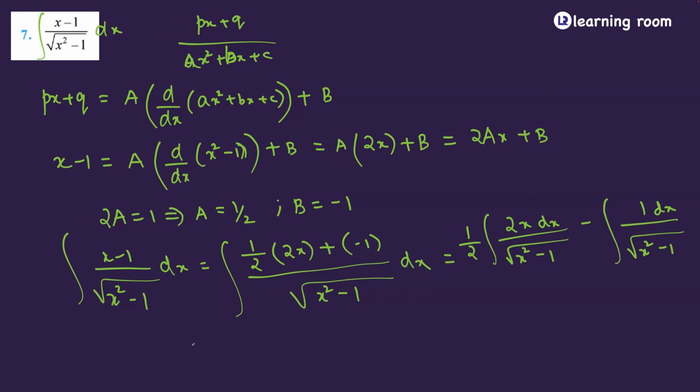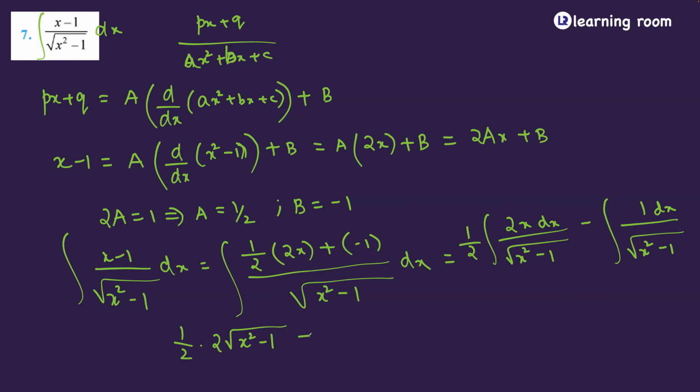Right. So half into, if I take x square minus 1 as t, what will be dt? 2x dx. So it is of the form dt divided by root t. So what will you have? You will have 2 times root t. So 2 times root of x square minus 1